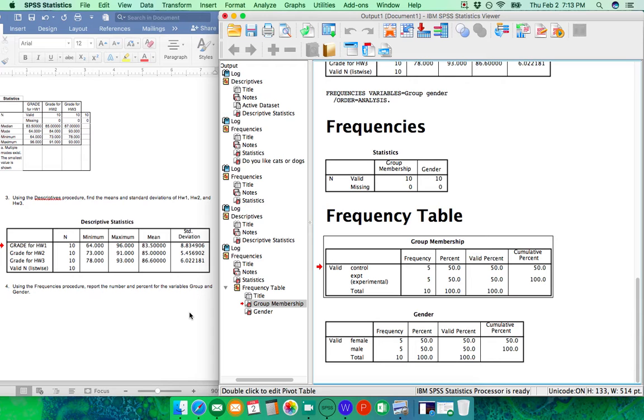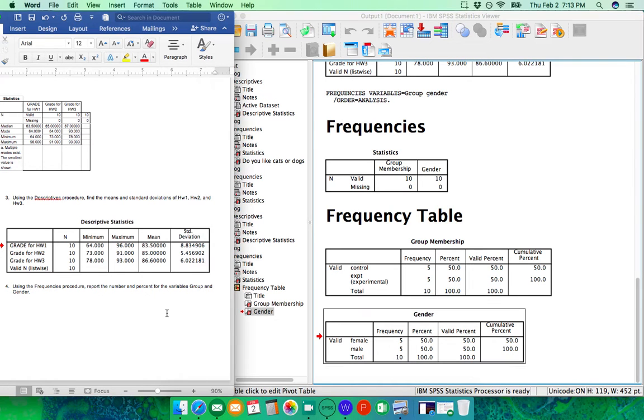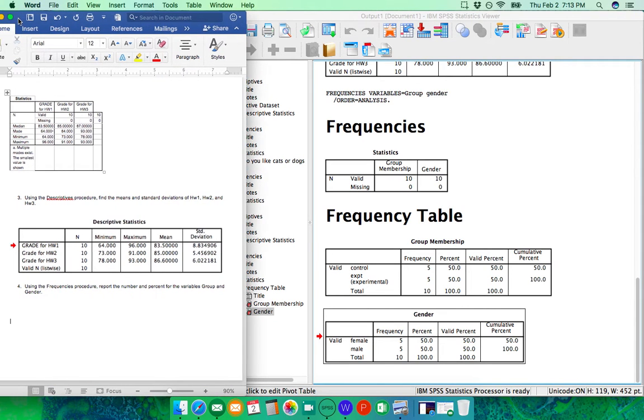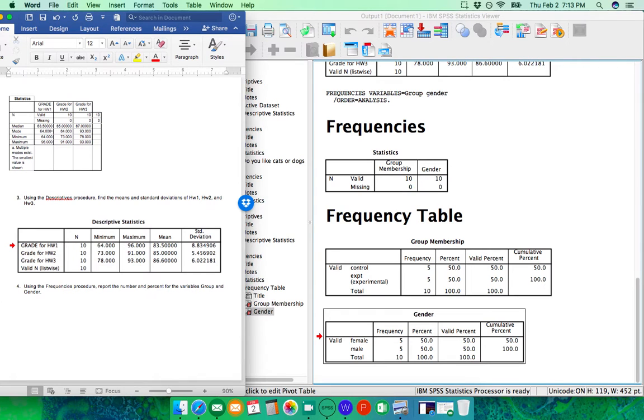Again, most of the time you're going to be filling in a chart or writing a sentence about this. The same with female, 5 females, and that's 50% of the sample, 5 males, and that's 50%. So what am I going to do here? I'll write a sentence out for you so you can see what I would be looking for if I asked for a sentence. There were 5 individuals,